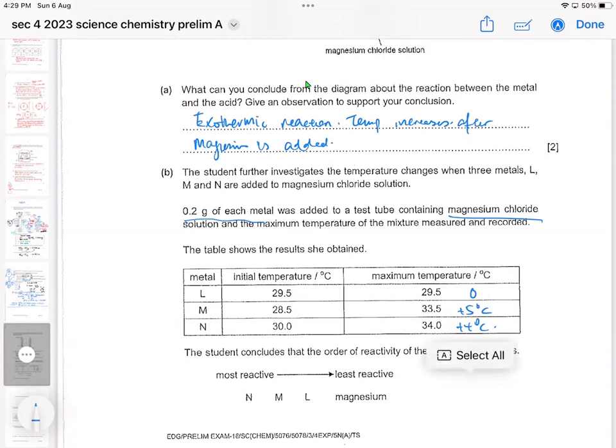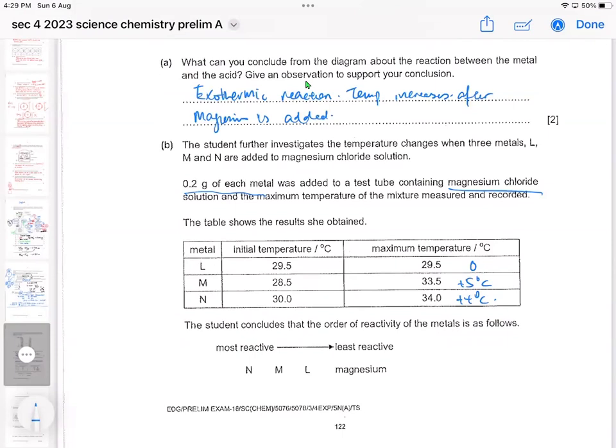And if displacement is indeed an exothermic reaction, then the larger the exothermic reaction, the more reactive the metal should be. So if you look at this case, the increase in temperature when M is added to magnesium chloride versus N added to magnesium chloride, both are expected to have a reaction because of this. So the increase in temperature for M is plus 5 degrees C, for N is plus 4 degrees C. So based on these two, I would say that M is actually more reactive than N because of the